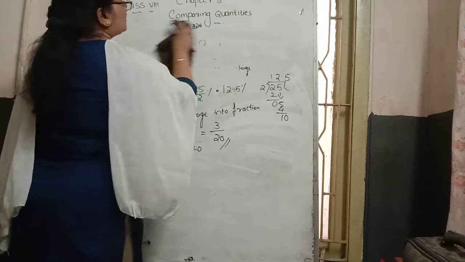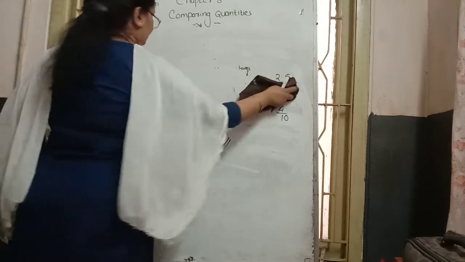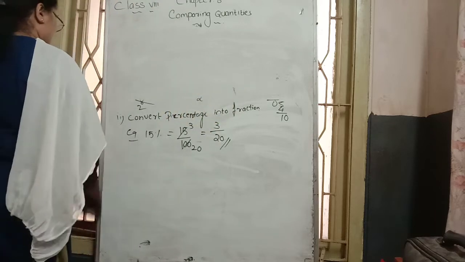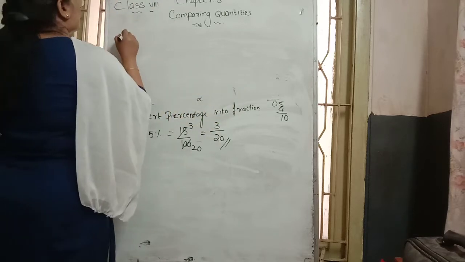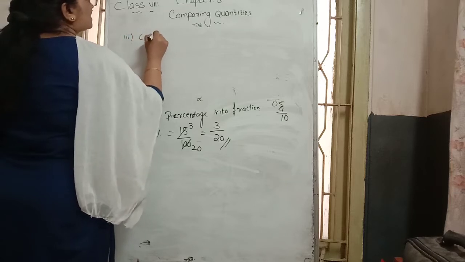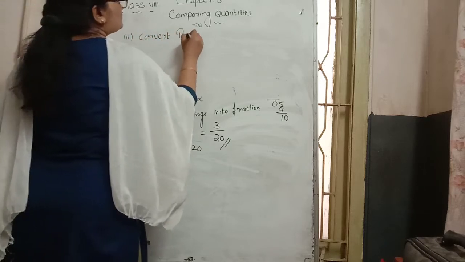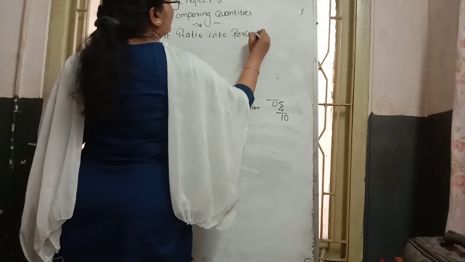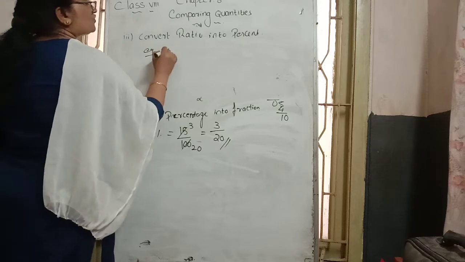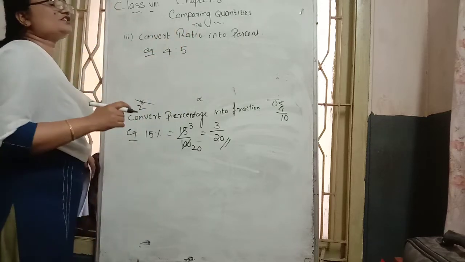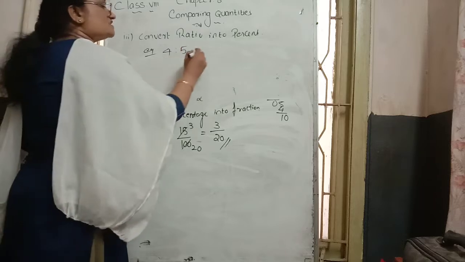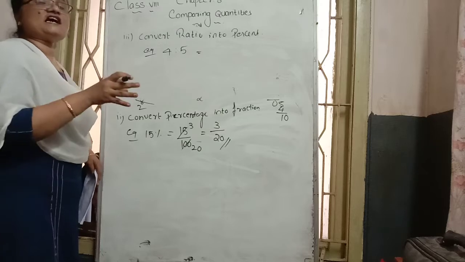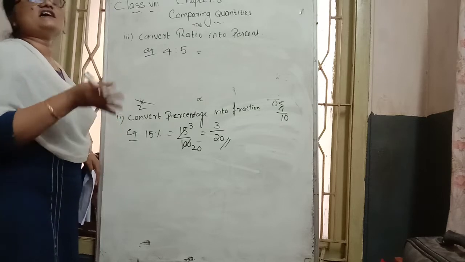Next, the third rule says that a ratio is given, how to convert it to a percentage. The third rule is convert ratio into percentage. How to convert a ratio into a percentage? Example, 4:5 ratio case. How to convert into a percentage? First of all, write the ratio part in fractional form. Then that fraction is multiplied by 100%.